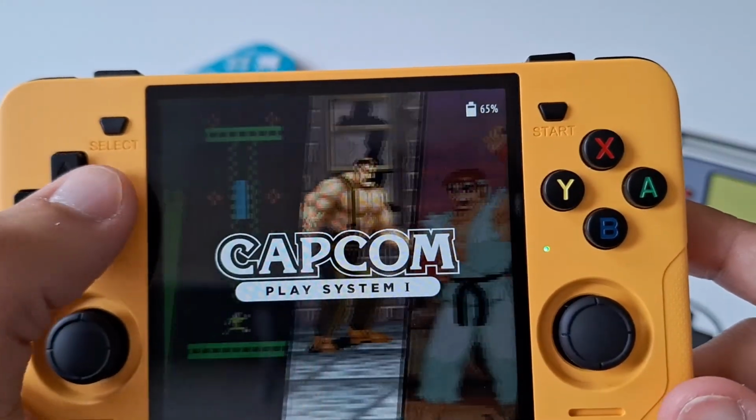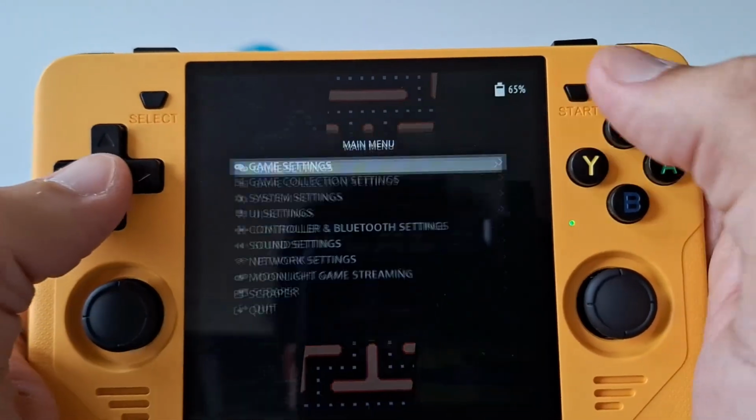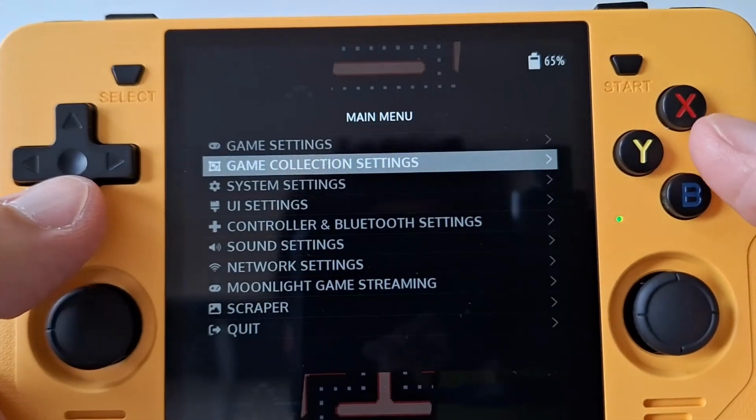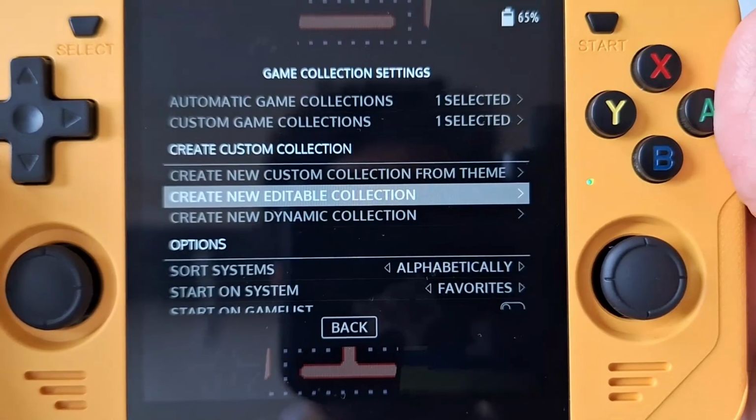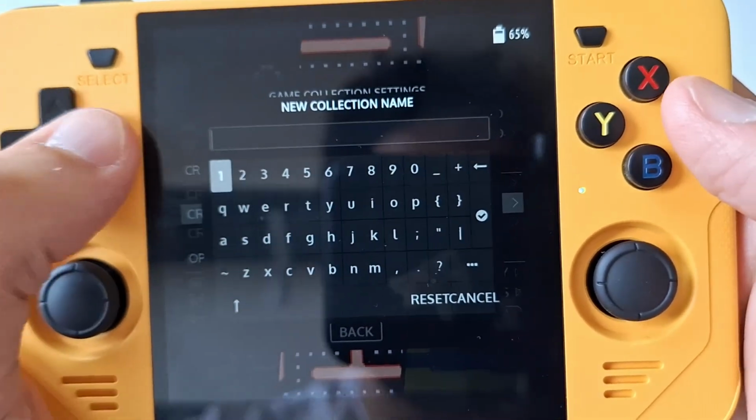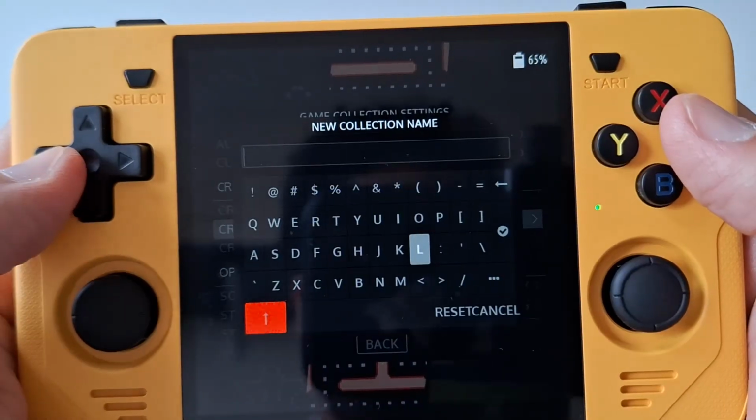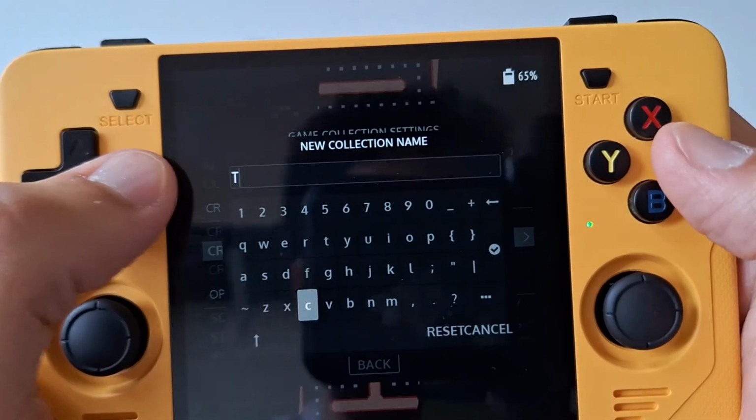Let's go ahead and let's do Legend of Zelda. Okay. So we're gonna go ahead and press start, game collection settings. And you're gonna go down to create new editable collection. Okay, and I want you to name this whatever you want. You can abbreviate this, you can do whatever you want. I'm gonna go ahead and title it